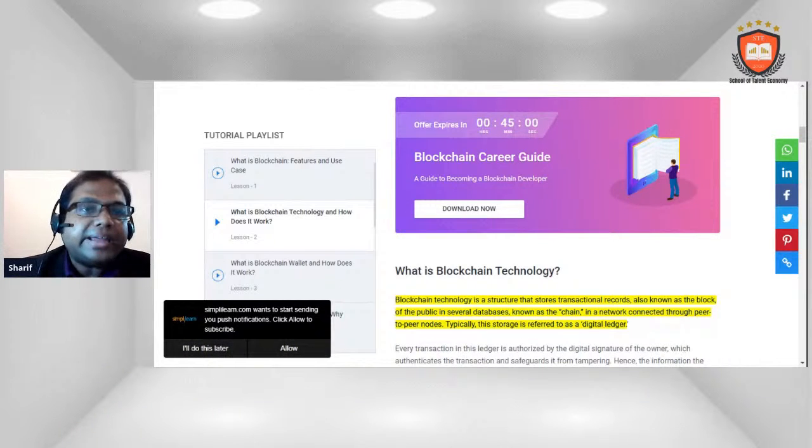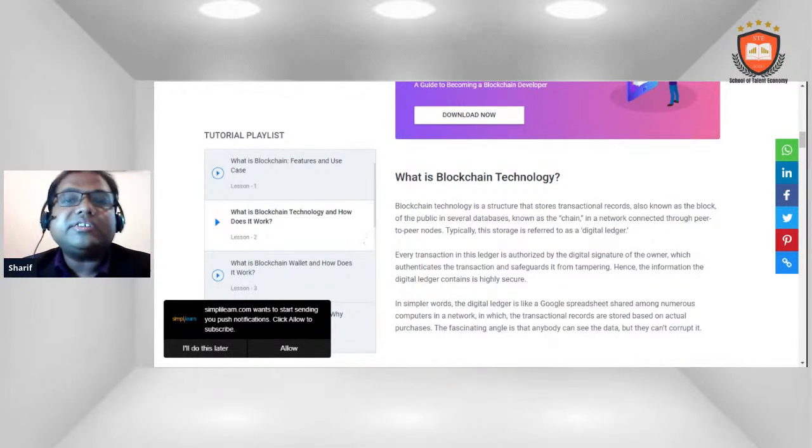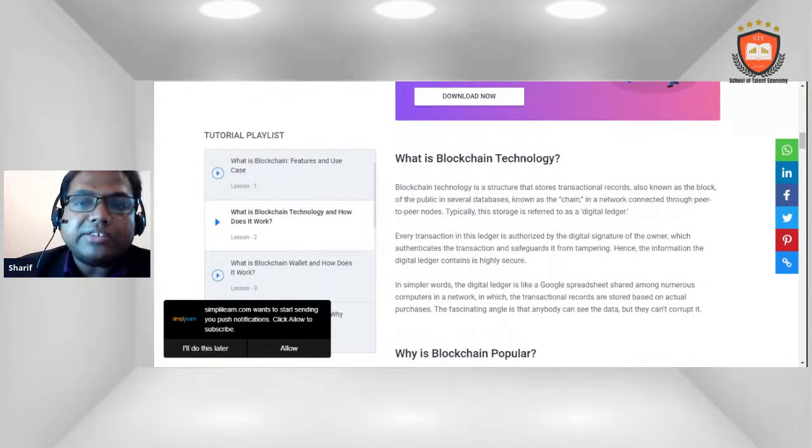Let's say our banking system, our online activities, and the different kinds of initiatives and activities we can pursue, all come from blockchain technology. What is blockchain technology? Blockchain technology is a structure that stores transaction records, also known as blocks, of the public in several databases